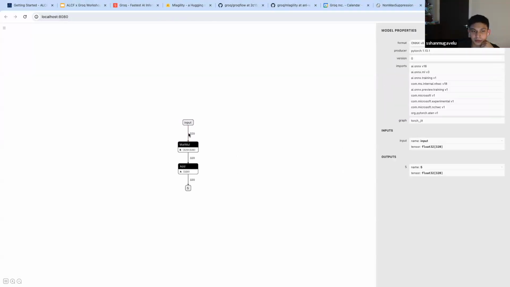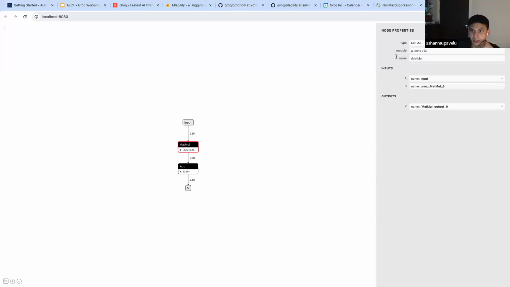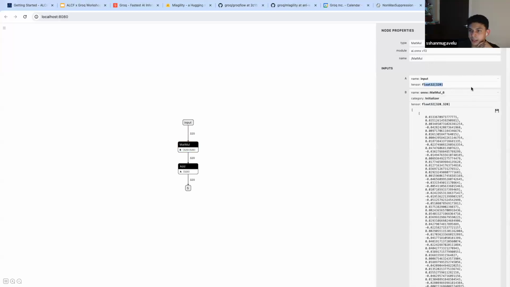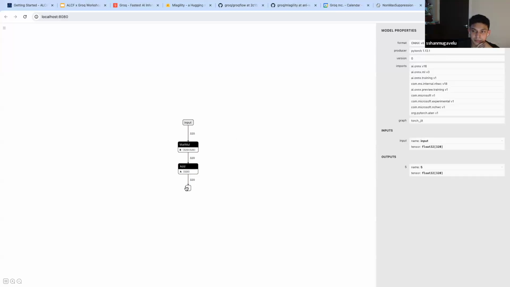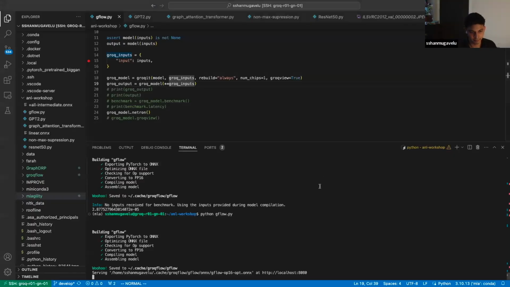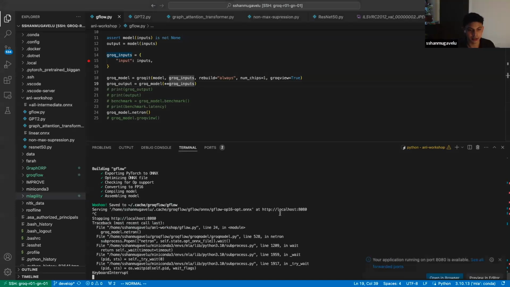We have an input of shape 320 that gets passed into a matmul node. Right now it's expecting float 32 inputs and also weights, and it's also expecting this addition to be done in float 32 as well. But of course, what happens is